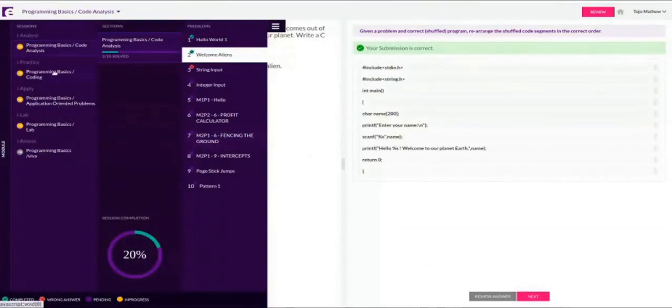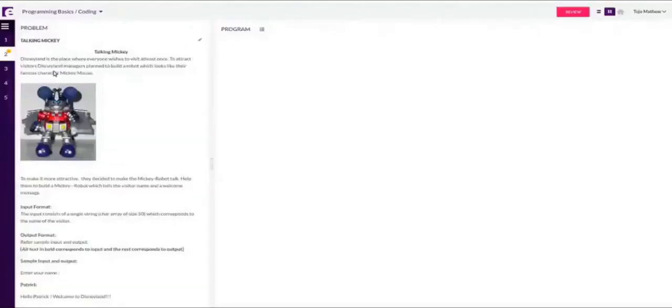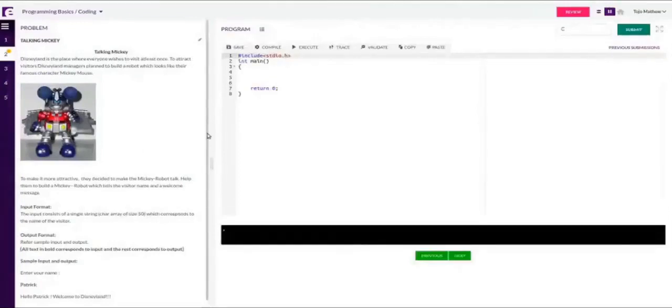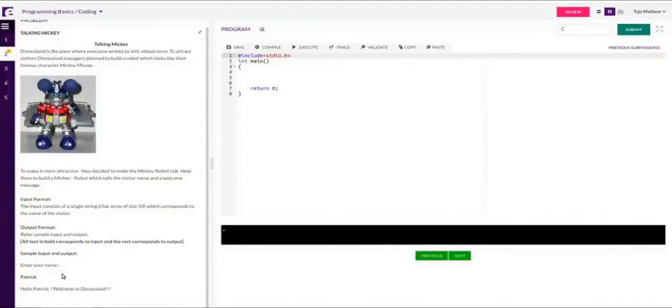Sir, how to make the name bold, sir? In bold black color. Which name? Sir, Patrick, same. Basically, bold means that is the input you are giving. So in the sample input output, if anything is given in bold, that means this is what you have to type, the input you are giving. This is not something you have to display. The other part is what you have to display.